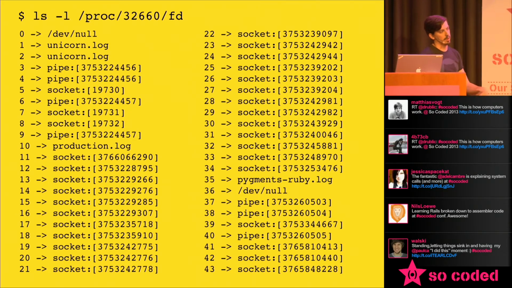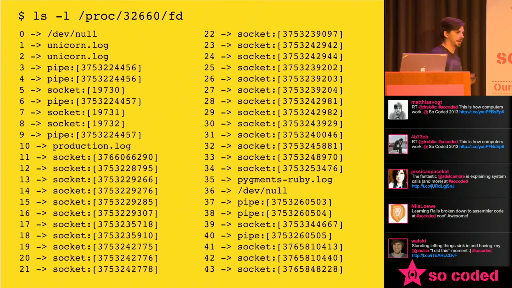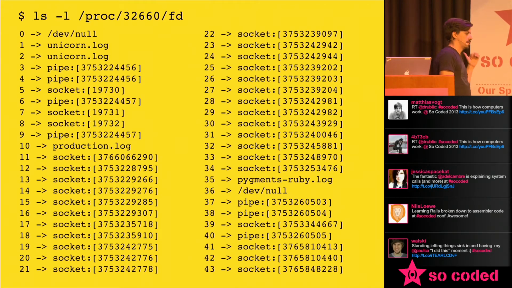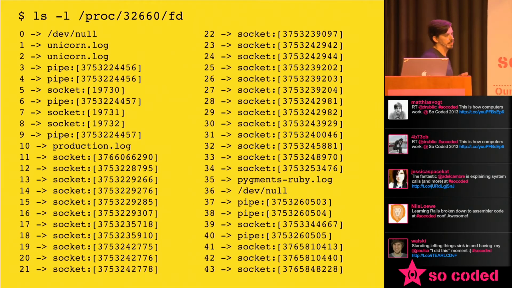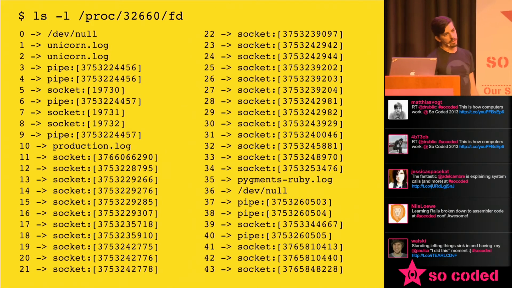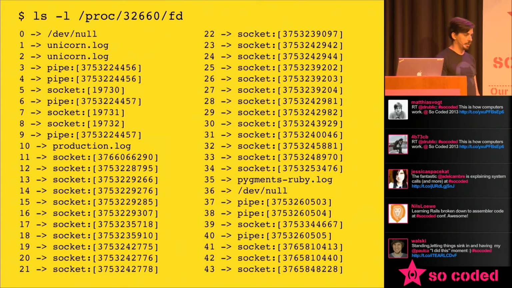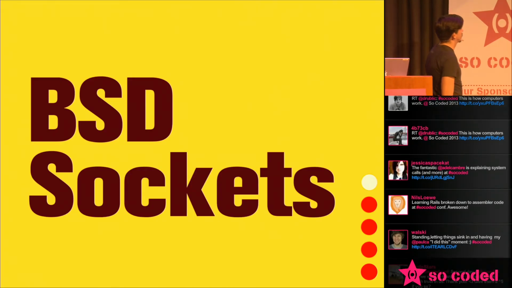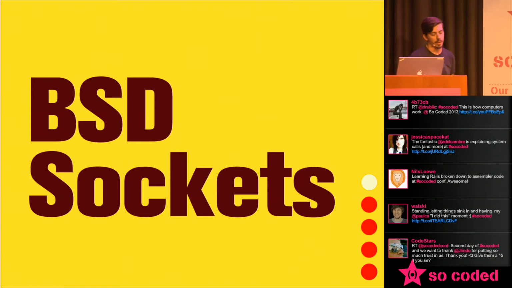But what's cool is that they also are all file descriptors. So the way that we handle them once they're created and once we're dealing with them, they look basically like files. So the file API on a couple of slides ago, we just had the read, write, and close things. We don't have a way to open new file descriptors. And that's because each different kind of file descriptor that we talk about has a slightly different API for creating one. Once you have one, the API is consistent. But if you're opening a file versus a socket, you have a different API. So the API for dealing with sockets is called the BSD sockets interface, or BSD sockets API.